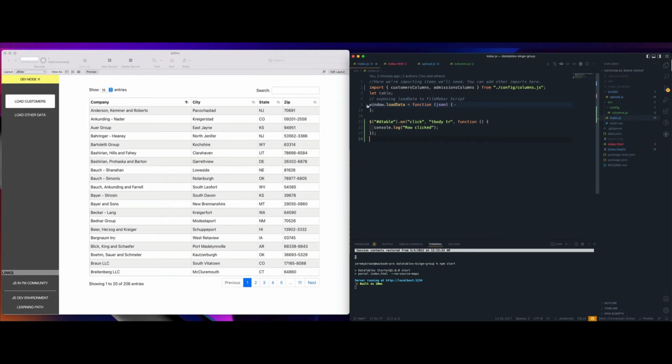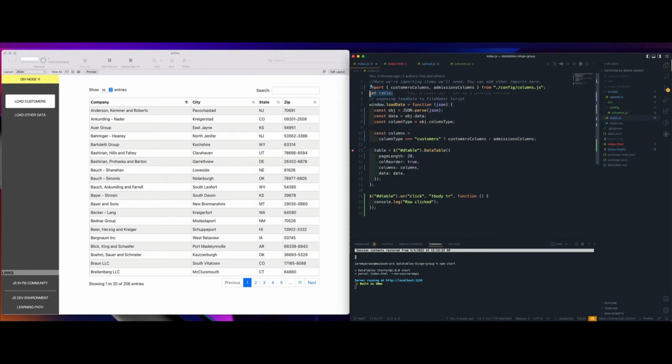Because we have defined a variable at the top with the word table, and then inside of the FileMaker called function, we have assigned to that variable the data table library method, we can now access anything inside of that table. So let's grab the row's data.